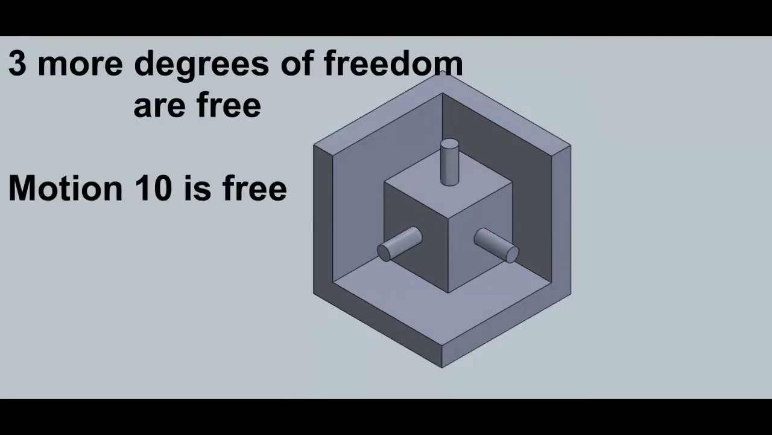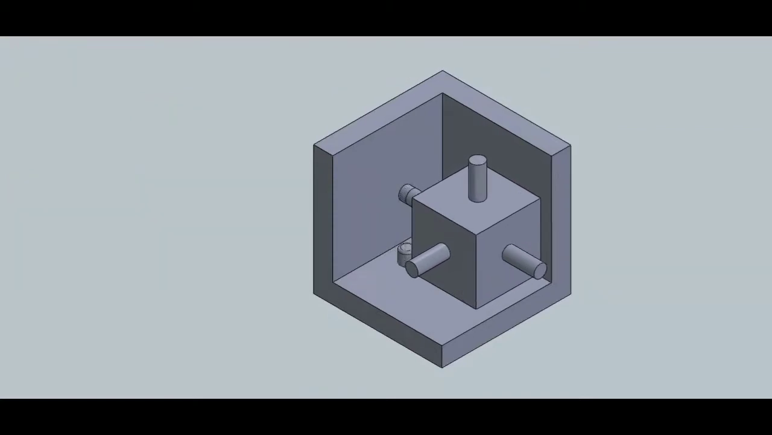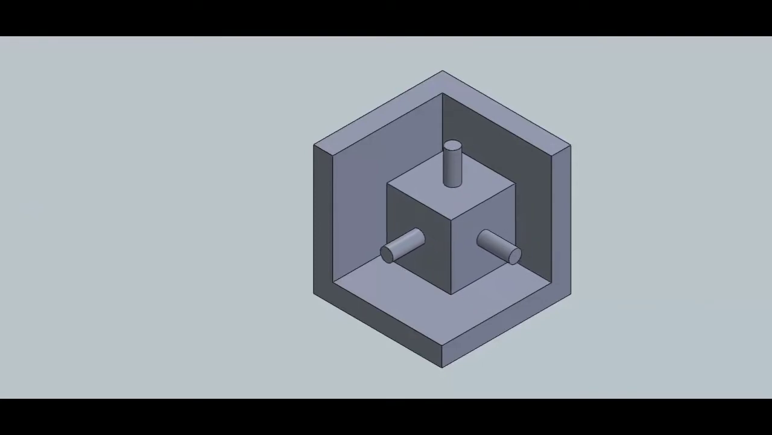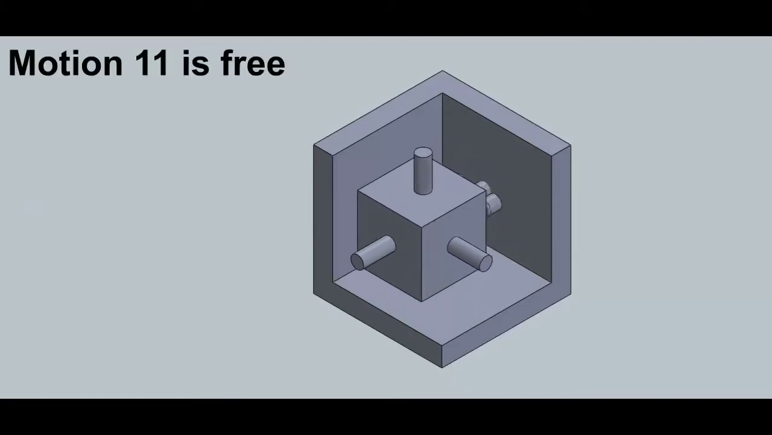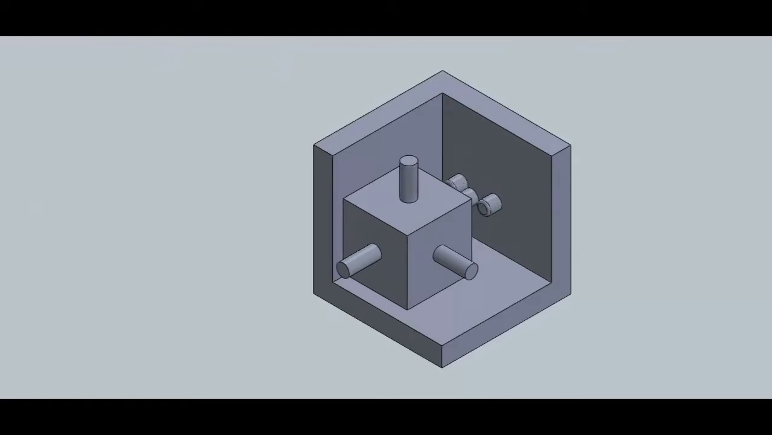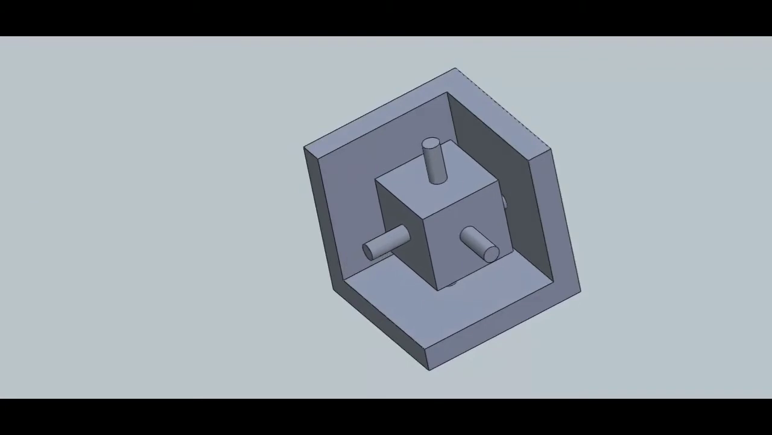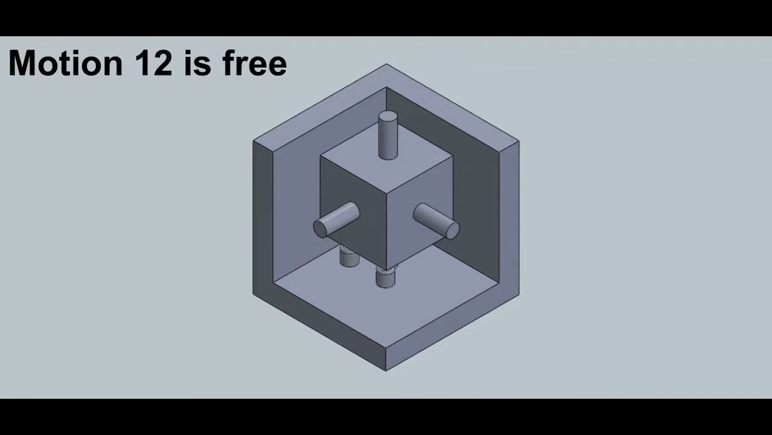The remaining 3 degrees of freedom are free. So motion 10 is free, motion 11 is free, and motion 12 is free. So these remaining 3 degrees of freedom we can restrict by the clamping mechanism, so that we can easily clamp by restricting all these 3 degrees of freedom. So after discussing all these 12 degrees of freedom, let's move on to building the same object